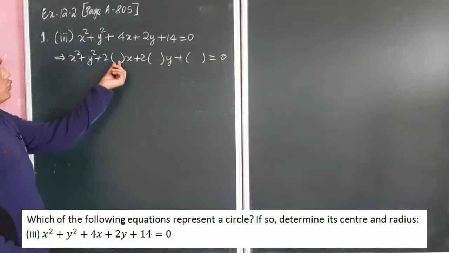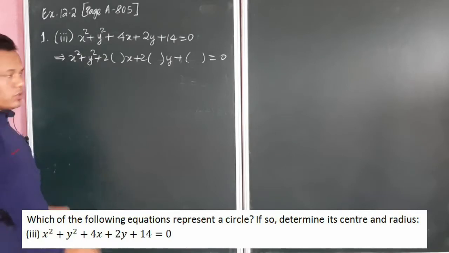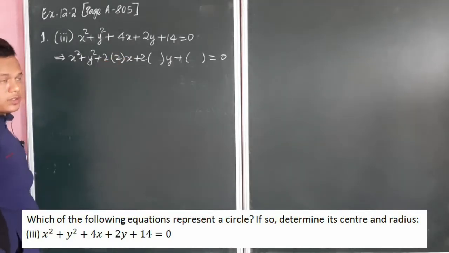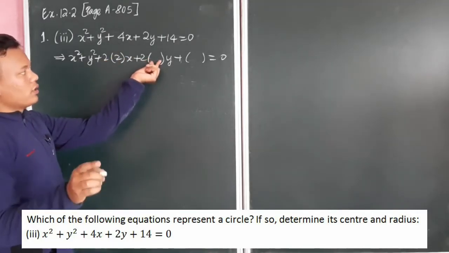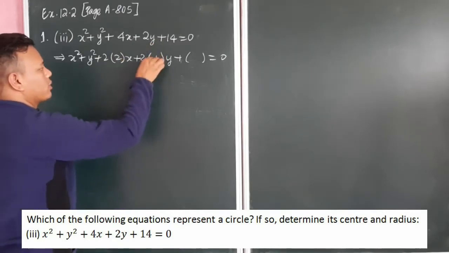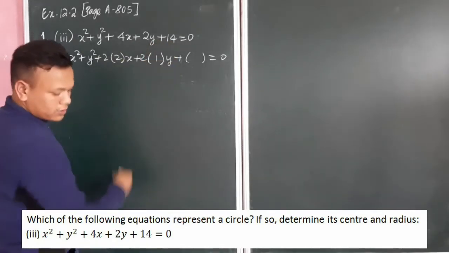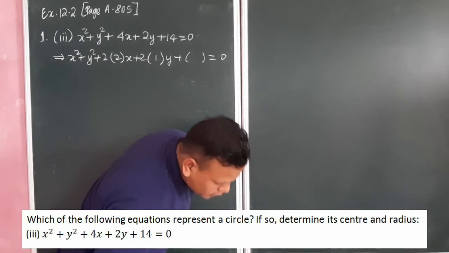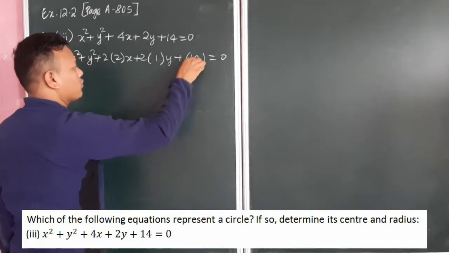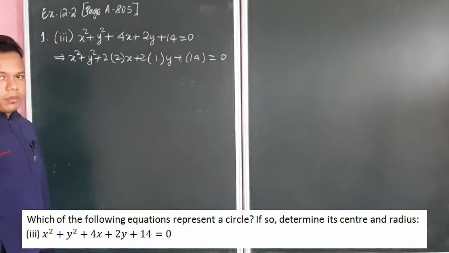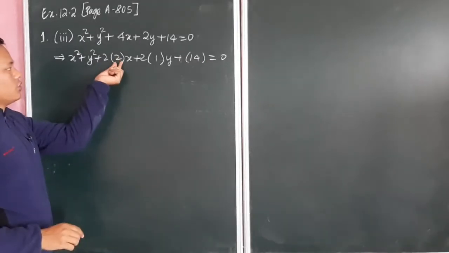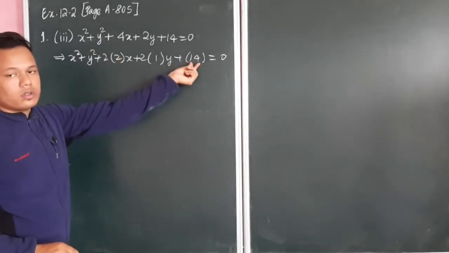Right? Now I have to choose one number such that I will get 4x out here, and obviously that number is 2, isn't it? Now similarly I need to choose one number out here such that I will get 2y, and that number will be 1. And obviously the last number is 14 out here, isn't it? Yes, so this will be 14. So if you compare with general form, this is your g, this is your f, and this is your c,